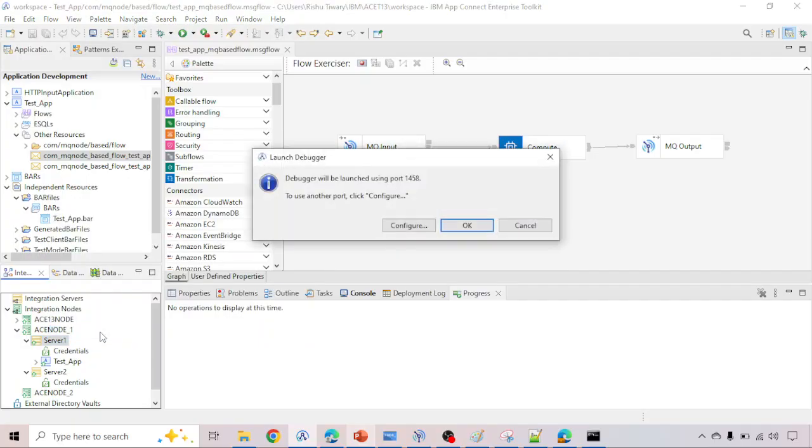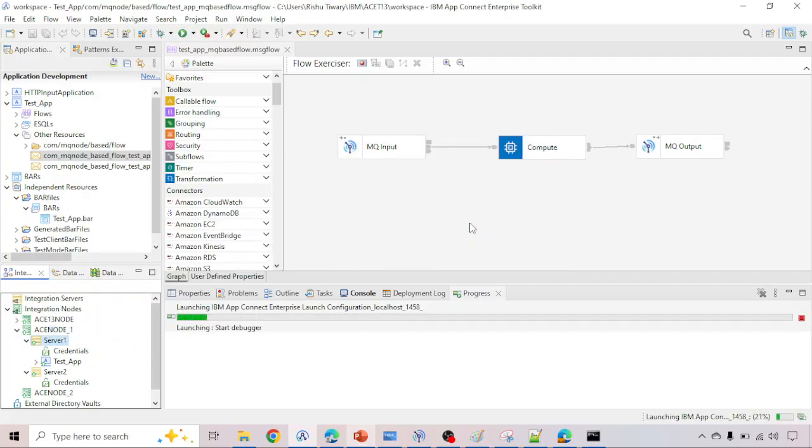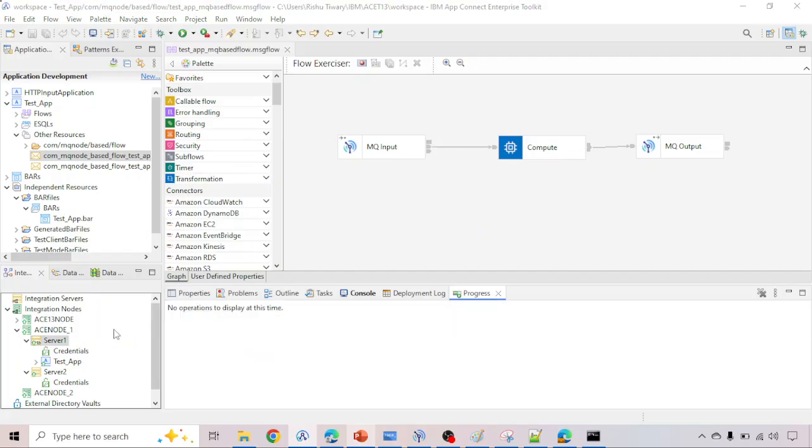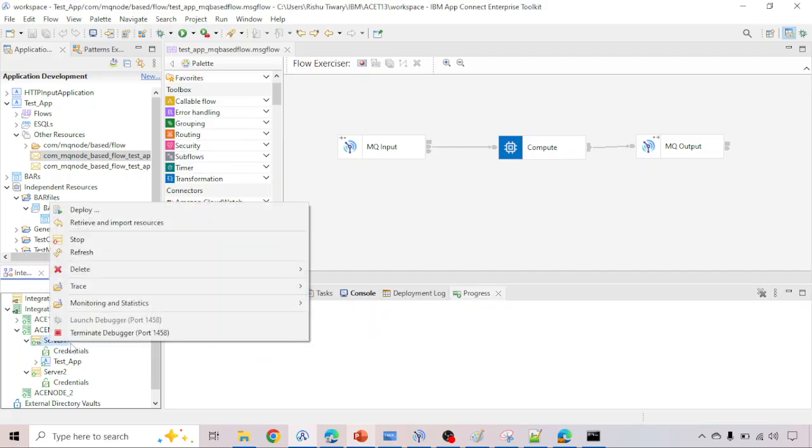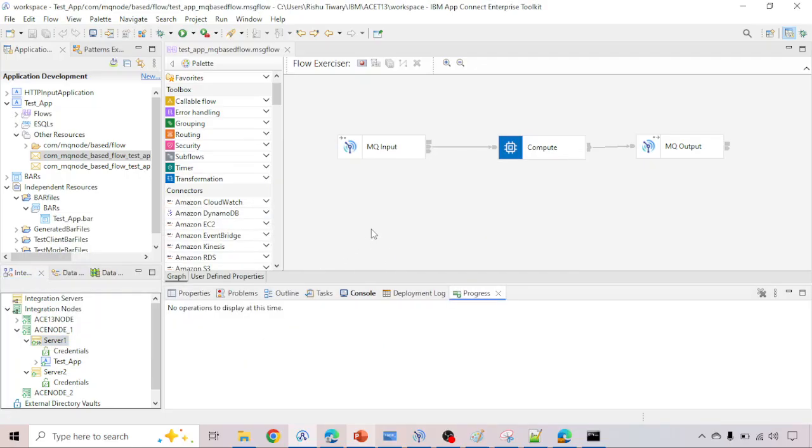Again, if you want to launch the debugger, just click on OK, and it will launch the debugger. You can see now the debugger has been launched. Now it's time to test the application, but before testing we have to add the